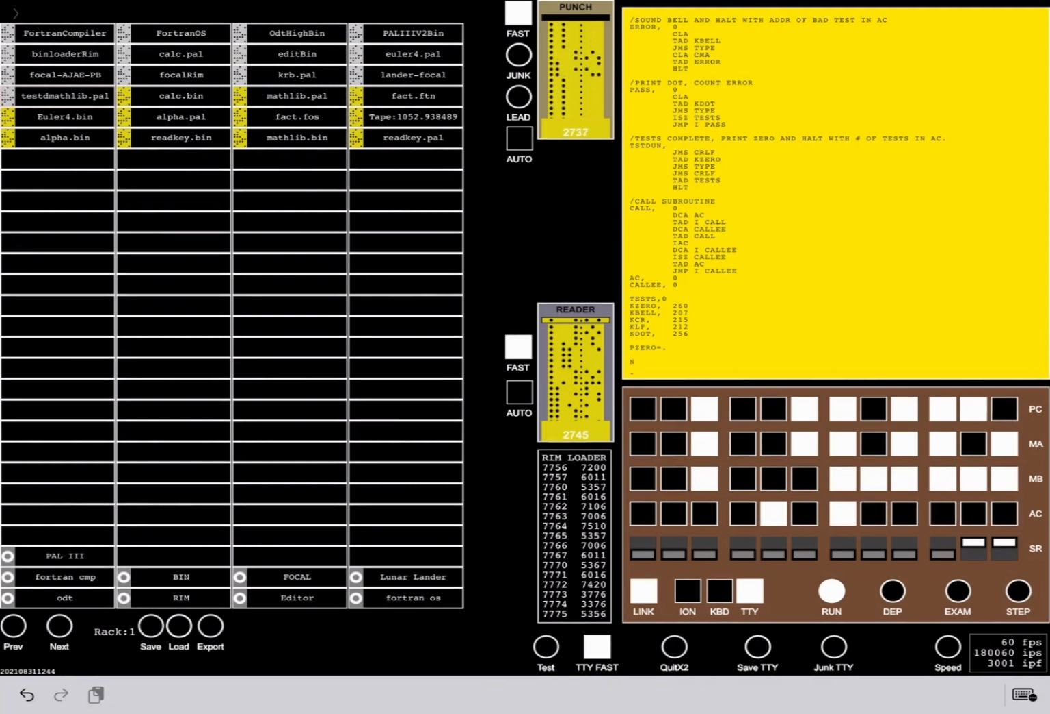And when it's done punching that page, then it should do a page marker and a little bit of leader. Okay, we'll wait for it. And then when it's done with that, it should read in the next page. And yes, I did have to do this both on paper tape and then later on